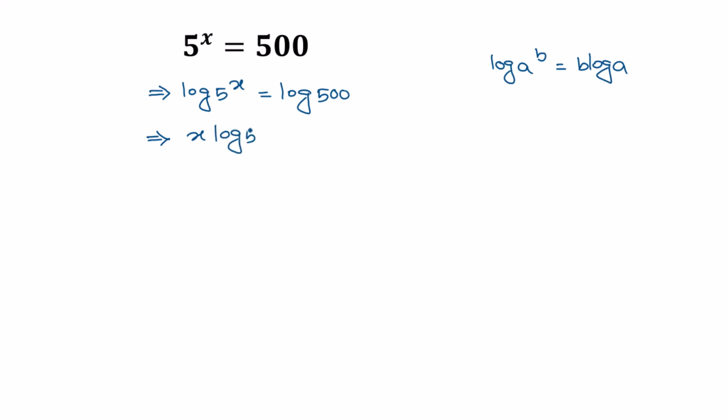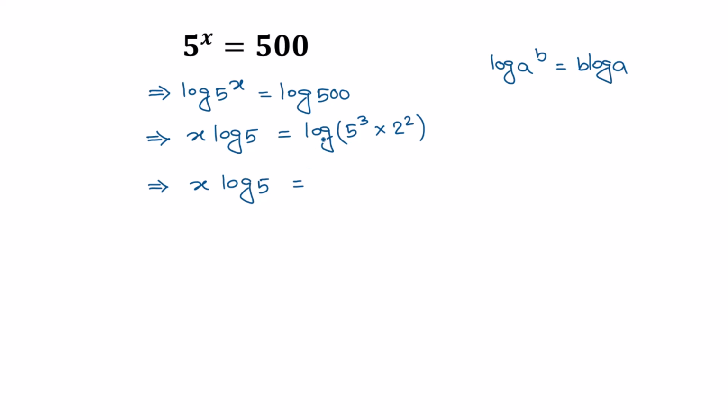On the right side, the prime factorization of 500 is 5 to the power 3 times 2 squared. 5 to the power 3 is 125, and 2 squared is 4. So 125 times 4 is 500. On the left side, this is x times log of 5